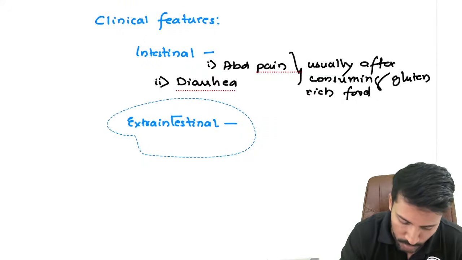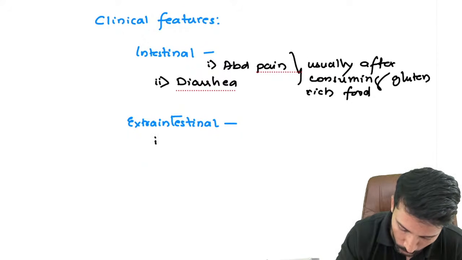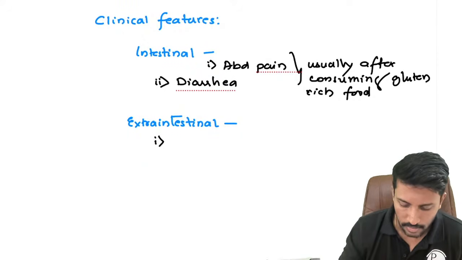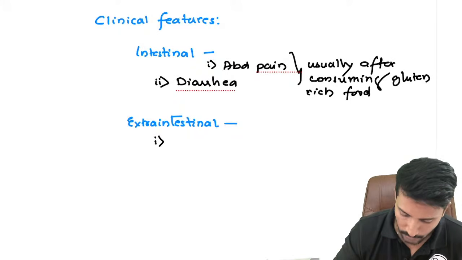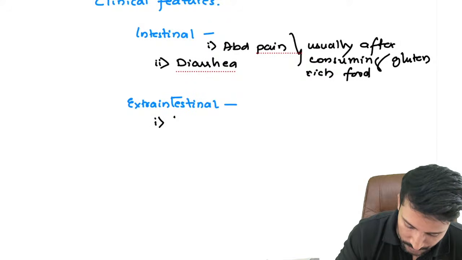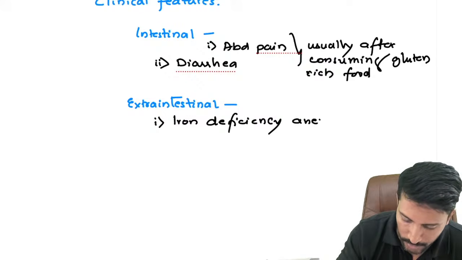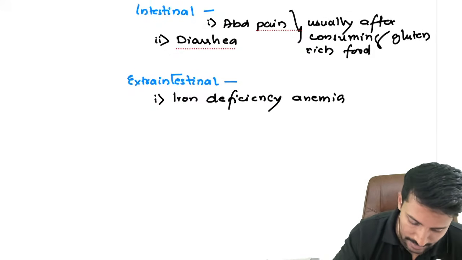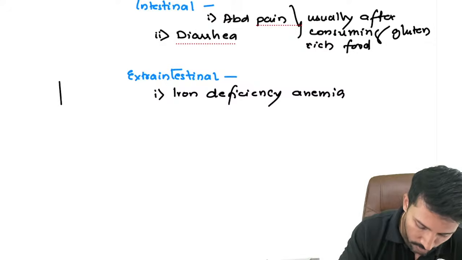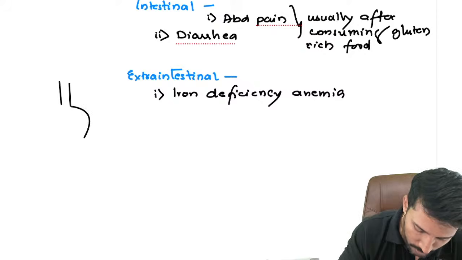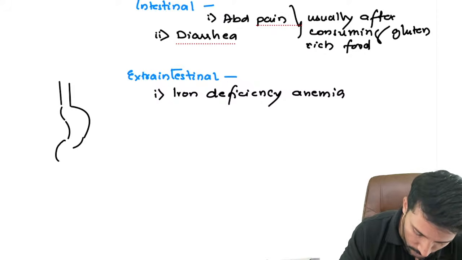This is what you need to write in more detail. Okay. So first thing, the celiac disease presents with iron deficiency anemia, right? Why are they presenting with iron deficiency anemia? The point we have to remember here is that celiac disease predominantly affects what part of the GIT? It predominantly affects the duodenum.